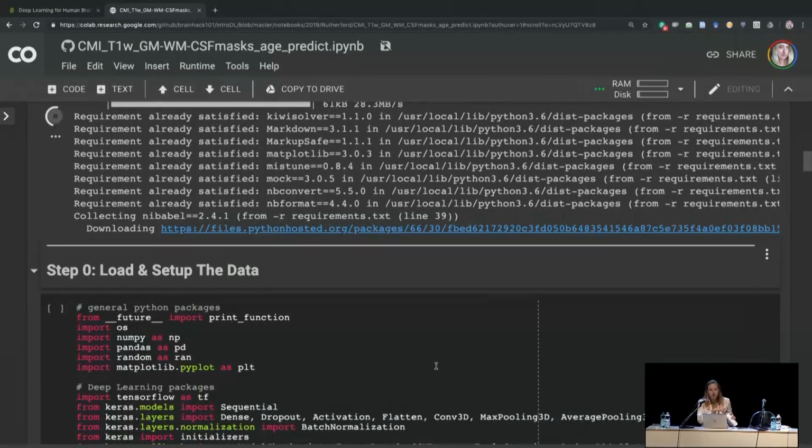I forgot to do this poll right at the beginning. Can I get a show of hands of who has ever used a CNN before in their research? Okay, cool. I've used a couple of them, but maybe about 1 year ago, I presented at ISMRM a convolutional neural network, and it was my very first time. So I was just reflecting on how far I've come in a year.